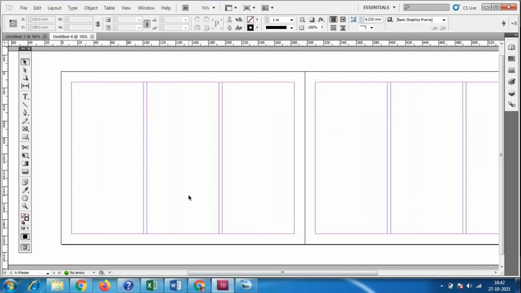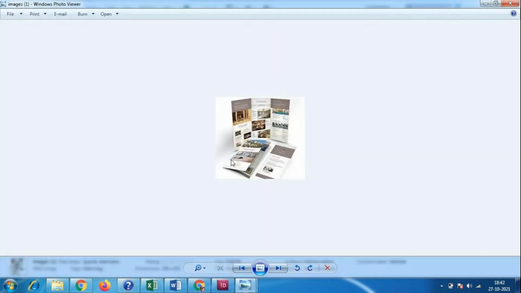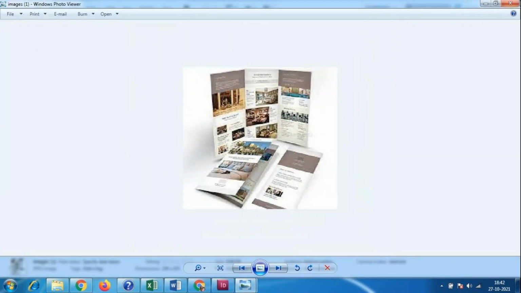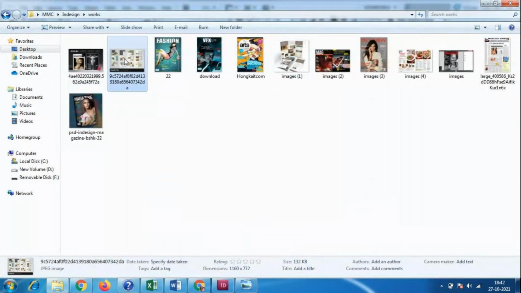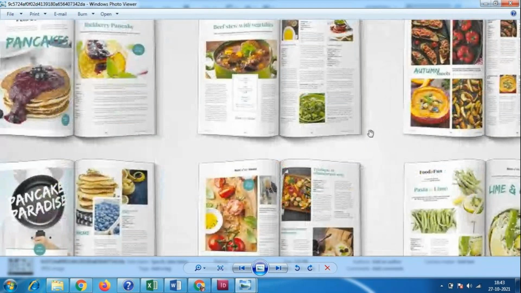Then what we have to do, we take the printout, then we cut the page this much only. We will make two different separate pages like this. Otherwise we will make the foldings like front and back, right? So according to that only we will make the designs. I don't have a very clear picture of this. So we have this magazine here, and we have these two pages here.